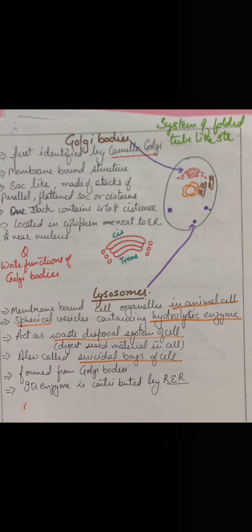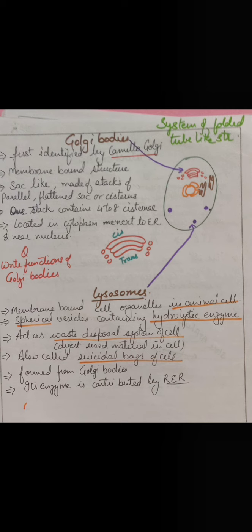Next we are moving to the organelle known as the lysosome. You can see in the sheet, lysosomes are spherical structures or organelles present within the cell. They are mainly found in the animal cell. They are called the waste disposal system of the cell, or also the suicidal bag of the cell. Waste disposal means the waste material made within the cell is disposed of or removed with the help of these organelles. That is why they are also called the sweepers of the cell.